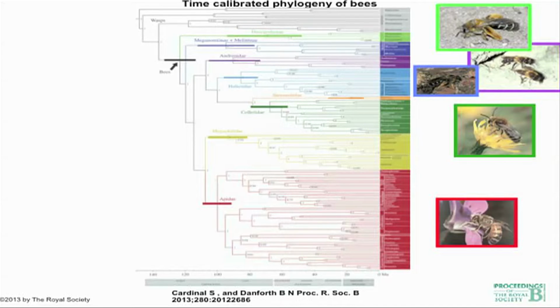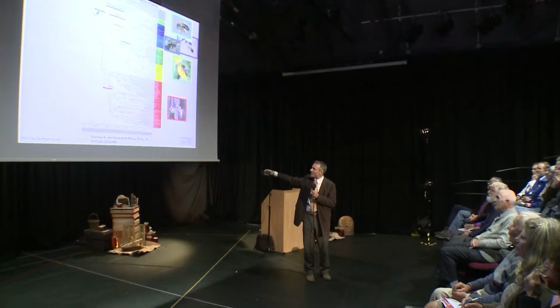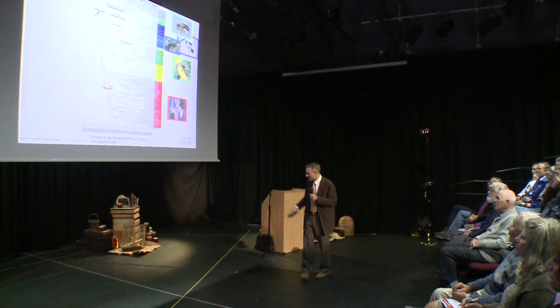And here you can see the honeybee down here, and I apologise, they've changed colours. I don't know why it's changed. Anyway, red down here, we've got the honeybee. The topology of the tree is the same as the previous one. We've got Dasypoda back at very basal down there, and so the honeybee around here. And too small, but we've got millions of years here, back to about 140 million years.